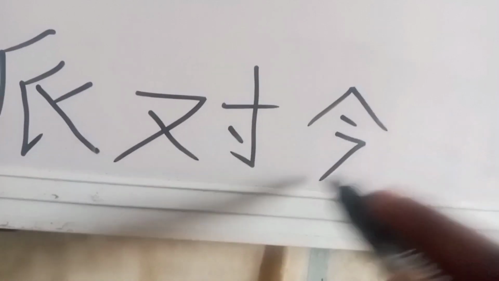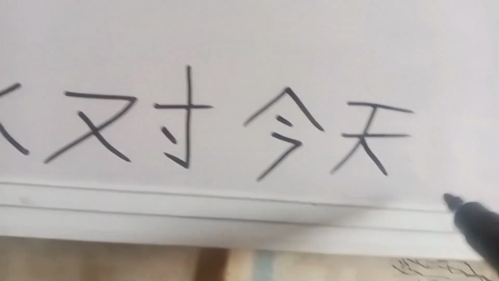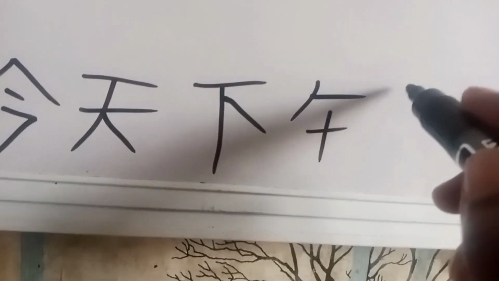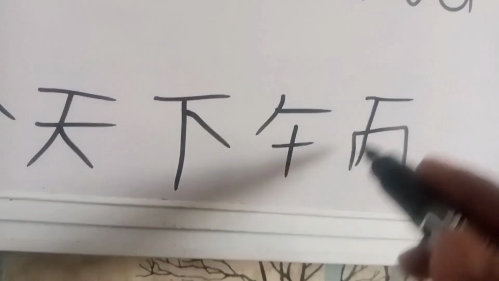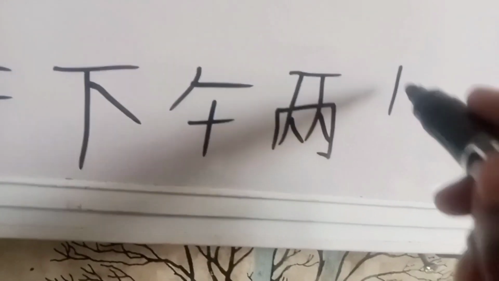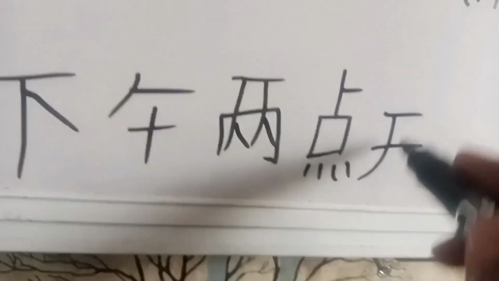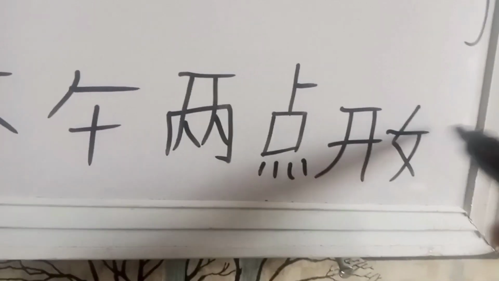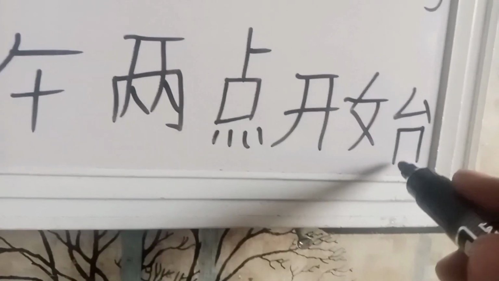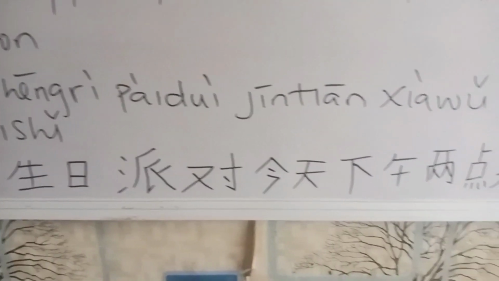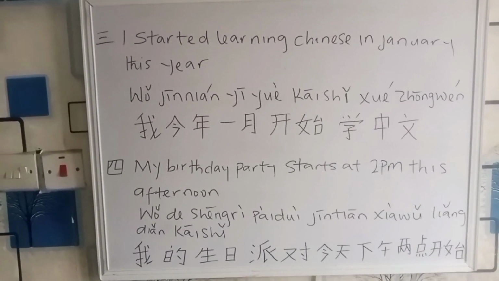Pai dui. 今天下午2. Do you remember how to write 2? 点. 1 2 3 4. Kai, the kai we did just now. Shi. I'm trying to manage my space. Kai shi. I hope this is clear enough. 我的生日派对今天下午2点开始. Please note these sentences down and try to say them over and over so as to master how to say them,